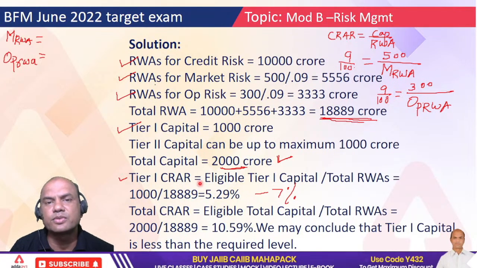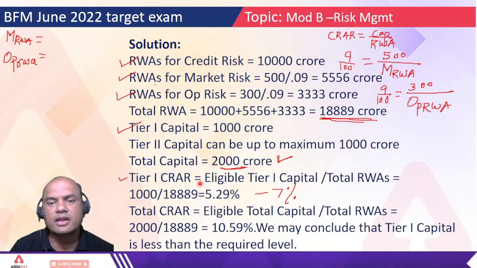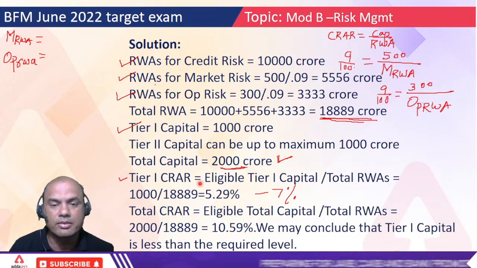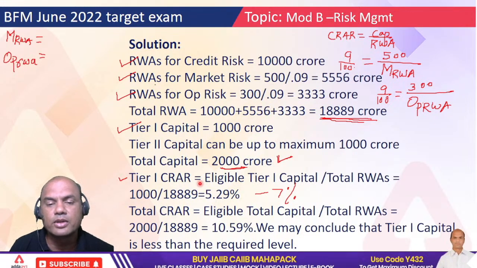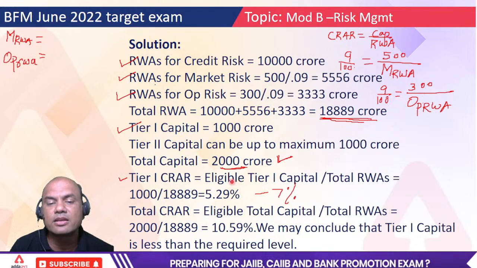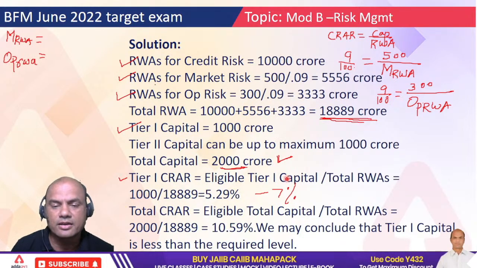Fast, fast. What is the answer you are getting? Correct, 5.29. Everyone is getting the same answer, 5.29. So remember, this is 5.29, and what is required by RBI? It should be 7%. So the bank is at a lower edge from the required tier